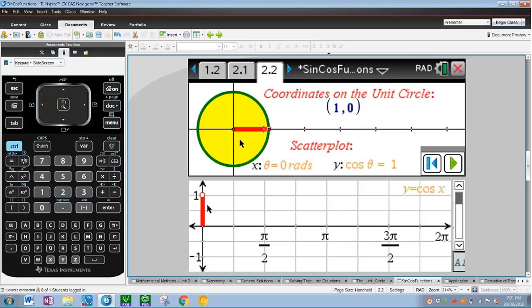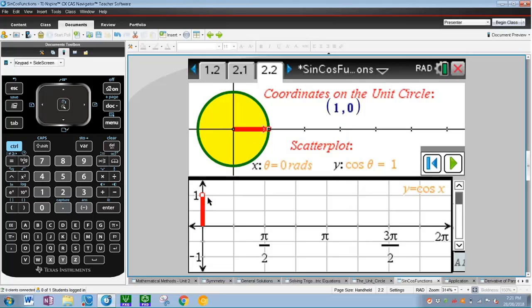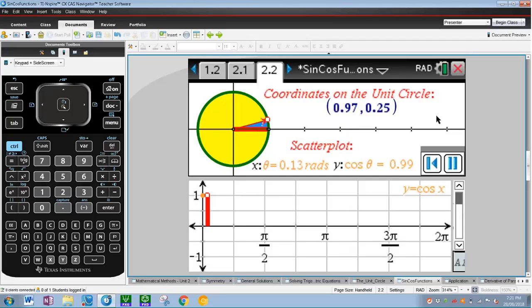So again, I can start the animation. As the angle increases, we've got our x value decreasing, and you can see that quite clearly on the graph as well. So I'll let that rotation complete fully. But in terms of being in class, I think showing something like this is quite good because you can't really have a textbook showing something as good as this in terms of the dynamic capabilities of what's happening